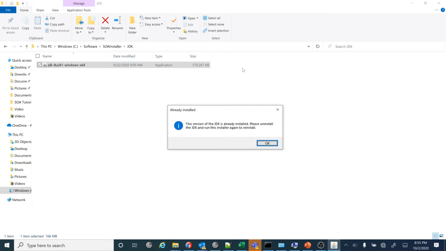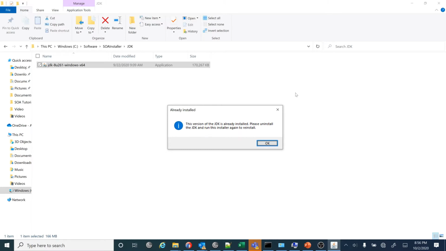the installation. So what is happening, since I have already installed the JDK 1.8 in my computer, so I am getting this error saying that already installed. But if you are doing the first time, then you will not get this error and you will get the new window. And in that window, it will ask to select the local directory where you want to install this particular JDK 1.8 version, and after that it will ask you to accept the agreement.